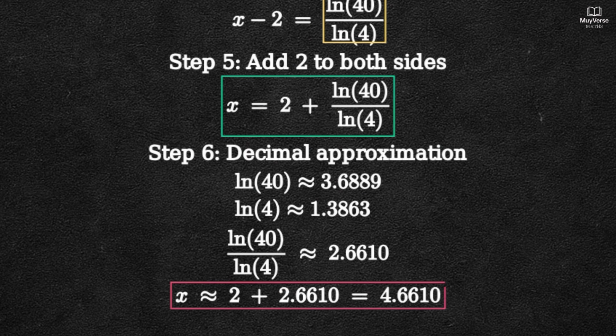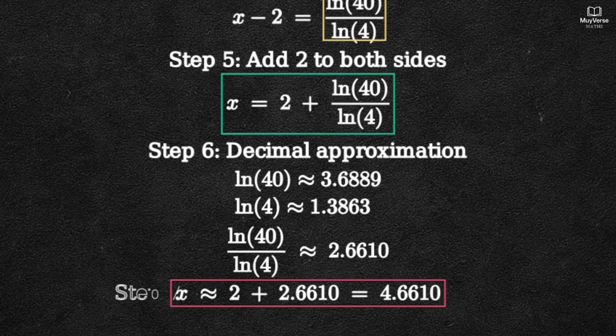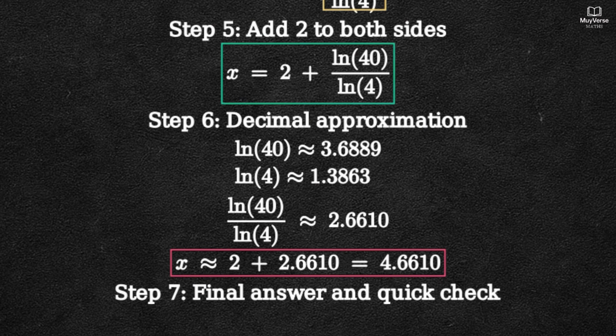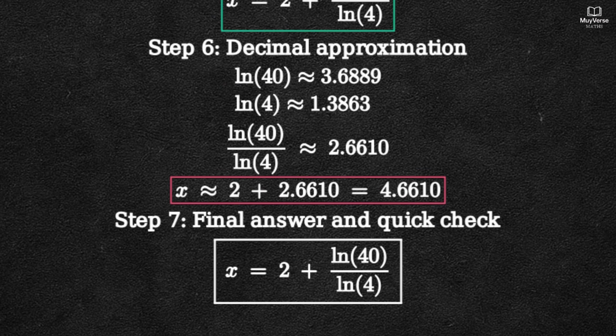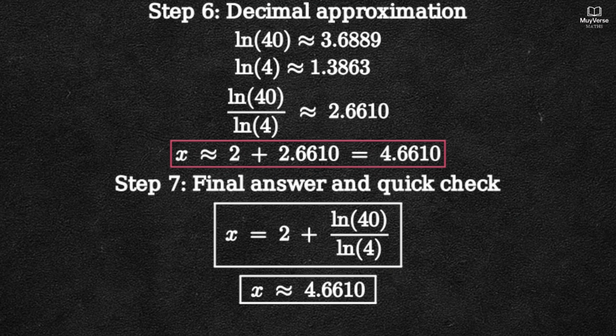Step 7. State the exact and approximate answers, and perform a quick consistency check. Exact form: x equals 2 plus natural log of 40 over natural log of 4. Approximate value: x is about 4.6610. Quick check: 4 to the power x minus 2 equals e to the power natural log 4 times x